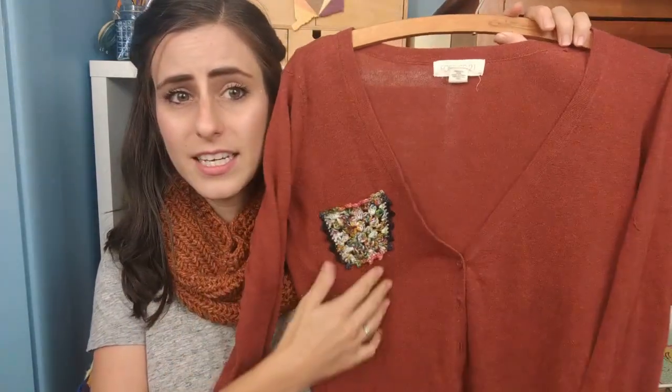There was a hole in one of my favorite sweaters. And I don't typically shop at Forever 21, but I think I got this in a... Is there another hole? Oh no, that's just a snag. It wants to be a hole sweater. You know, Forever 21 isn't known for its longevity and quality. But there was a little hole in the front, and I couldn't really sew it up without it being super obvious. I didn't want to get rid of it because I still really love this color. It's like my favorite red. So I made a window pocket